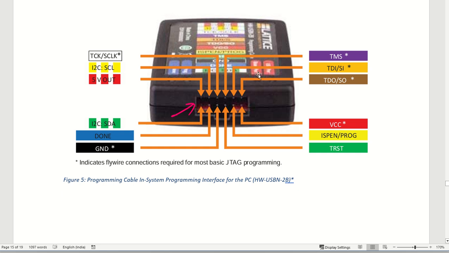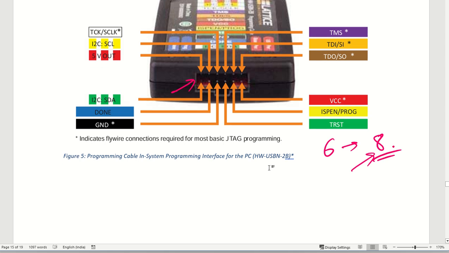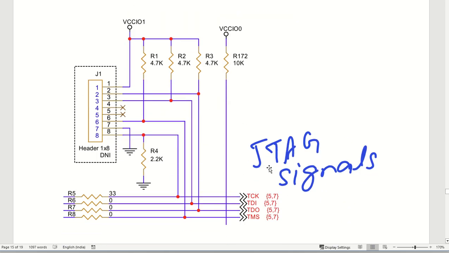Now out of all these 12 lines, we will be using only 6 or 8 lines. If you are going to use 8 lines, 2 extra pins are not needed. However, we will make 8 lines the standard cable for our programming. As you can see, this is the JTAG connector that was designed, and